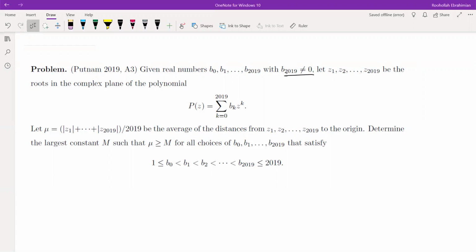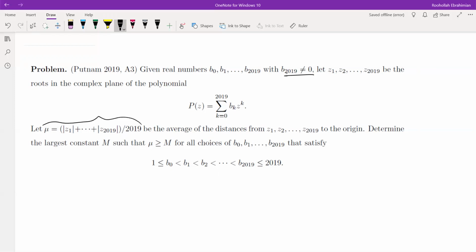They give you that the leading coefficient is non-zero, which means that polynomial has exactly 2019 roots, some of which may be equal. And then they take the average of the absolute value of those roots. And then they're asking you to essentially find the minimum possible value of this average. So what is the largest possible m such that mu, which is the average, is greater than or equal to m for all choices of B0 through B2019